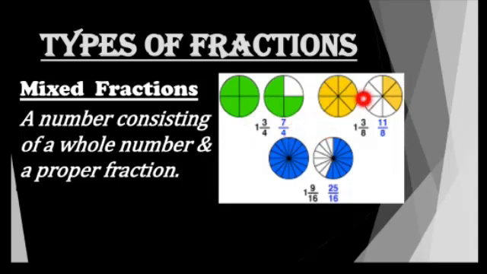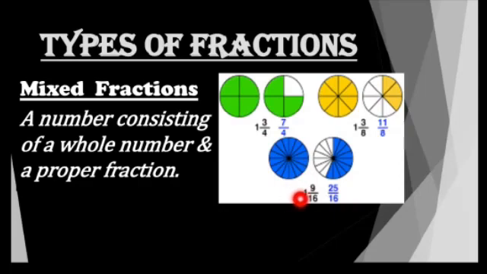Now here we can see 1 and 3 by 8. So here 1 represents one whole part, and this is the 3 by 8. Okay, so why 3 by 8? We can see here this whole is divided into 8 equal parts and out of them 3 parts are shaded. So we can write here 1 and 3 by 8. In improper form we can also write 11 by 8. So how can we convert this mixed fraction into an improper fraction? In the next topic we will see.